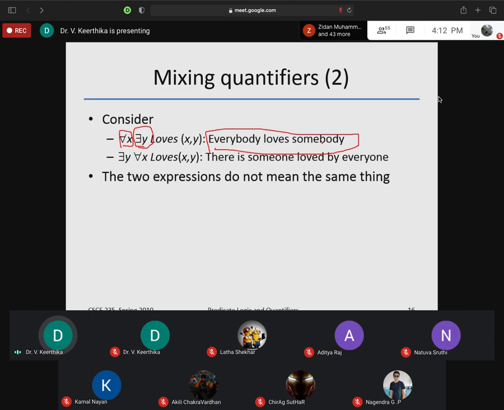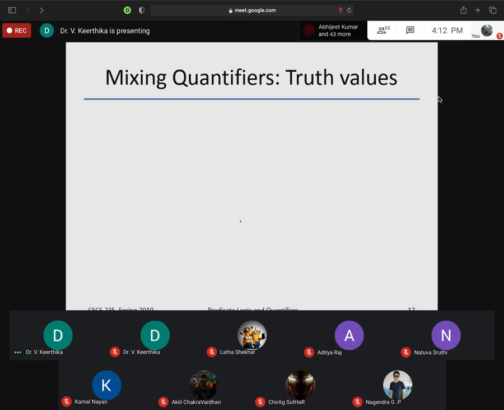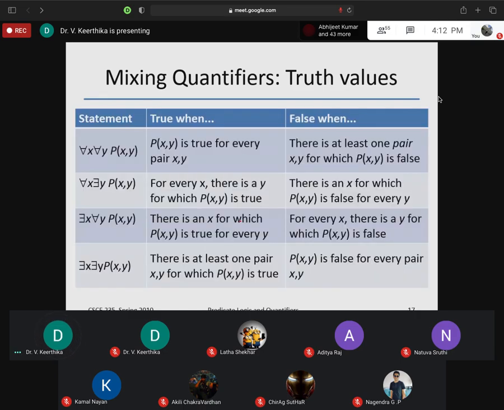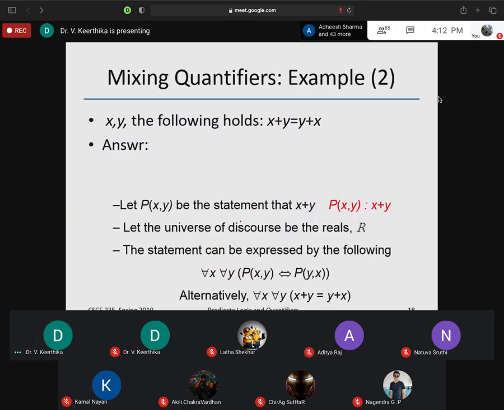If there are two quantifiers and two variables, then there can be four combinations of statements.